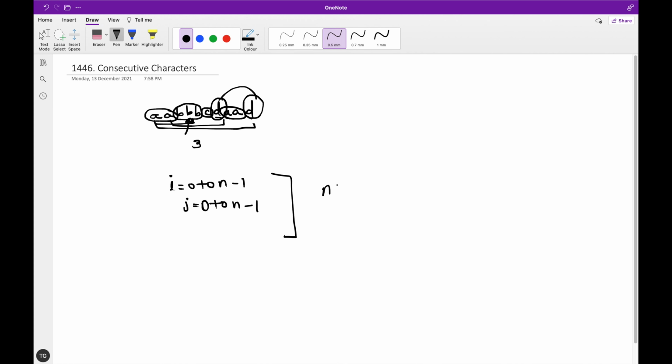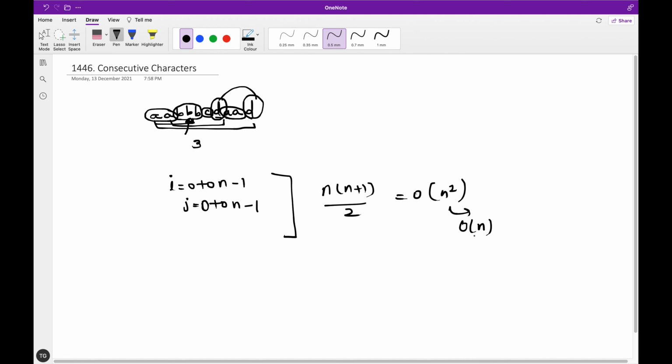There can be n into n plus 1 divided by 2, meaning order of n square possible substrings, and for every string you have to check the uniqueness, so order of n operation. Also for length you have to spend order of n time. So basically this solution is order of n cube, but this is a very simple question.